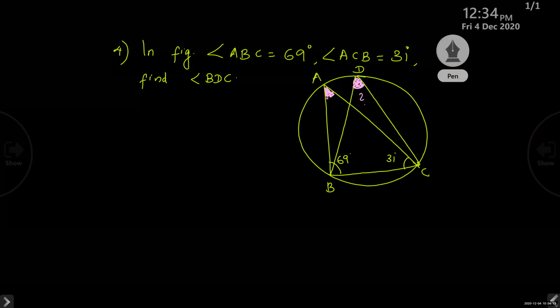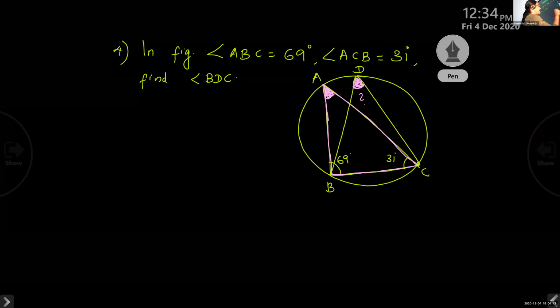Why, children? What is the reason? Are you familiar with this figure? A segment here. Angles in the same segment are equal. Correct. So like that way you think. The way how we get the answer, we have to go like that. Okay. Now how can we find this angle?